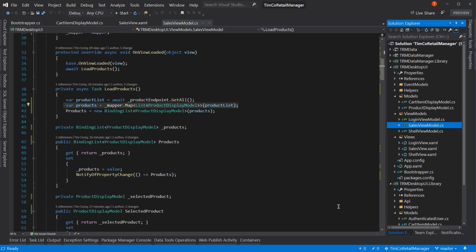In the next video, I think what we're going to do is one last video on WPF, which is right now, if we look at this shell view,